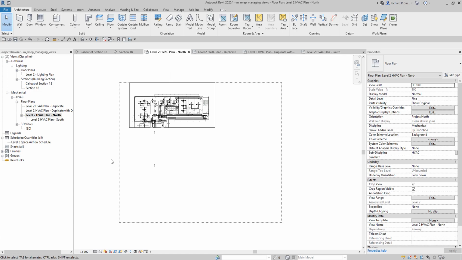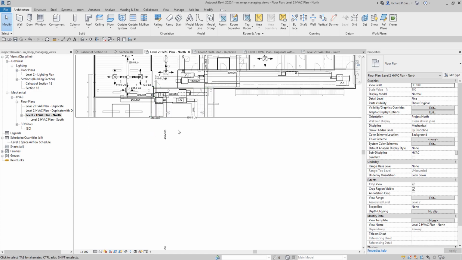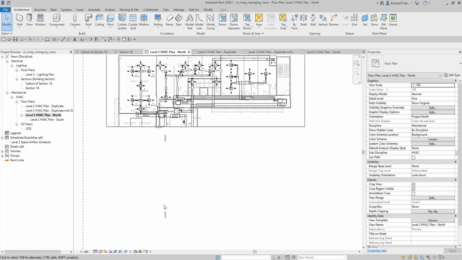There you go. Notice that some of the annotations here are not being cropped because the annotation crop on the properties is disabled. If I check this one, the annotation that is outside the annotation crop will be hidden in our view. So check this out. If I check this,